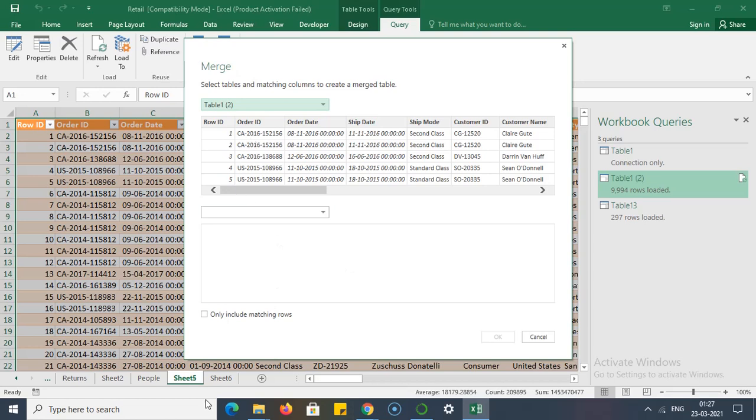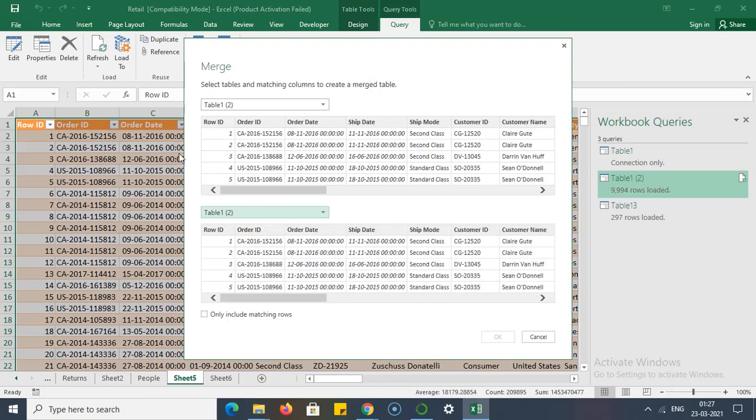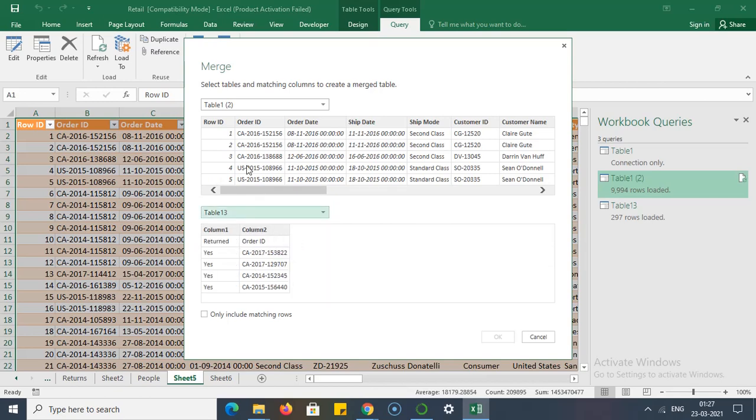I want to join these two on the basis of a column, but where is my second table? Here is your table 1 and here is your table 2. No, it's table 1 and 3 maybe, yeah. Now two tables are ready.